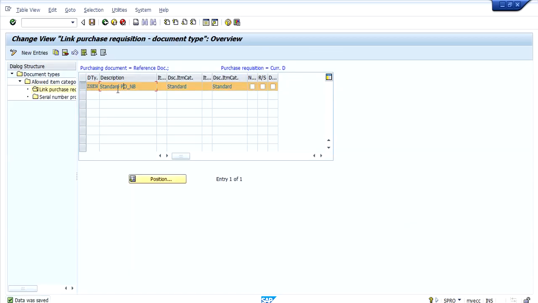Which means whenever a purchase requisition is automatically or manually created for a standard purchase requisition, the document type remains the same. If any more document types are added, then the system will allow creating purchase requisitions with those document types also.